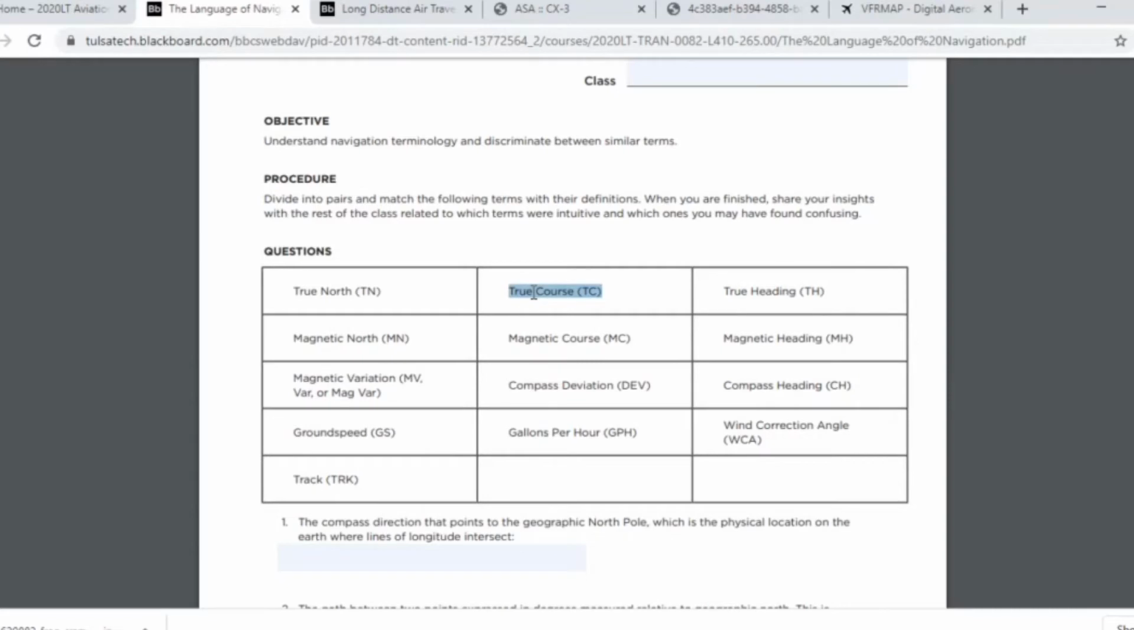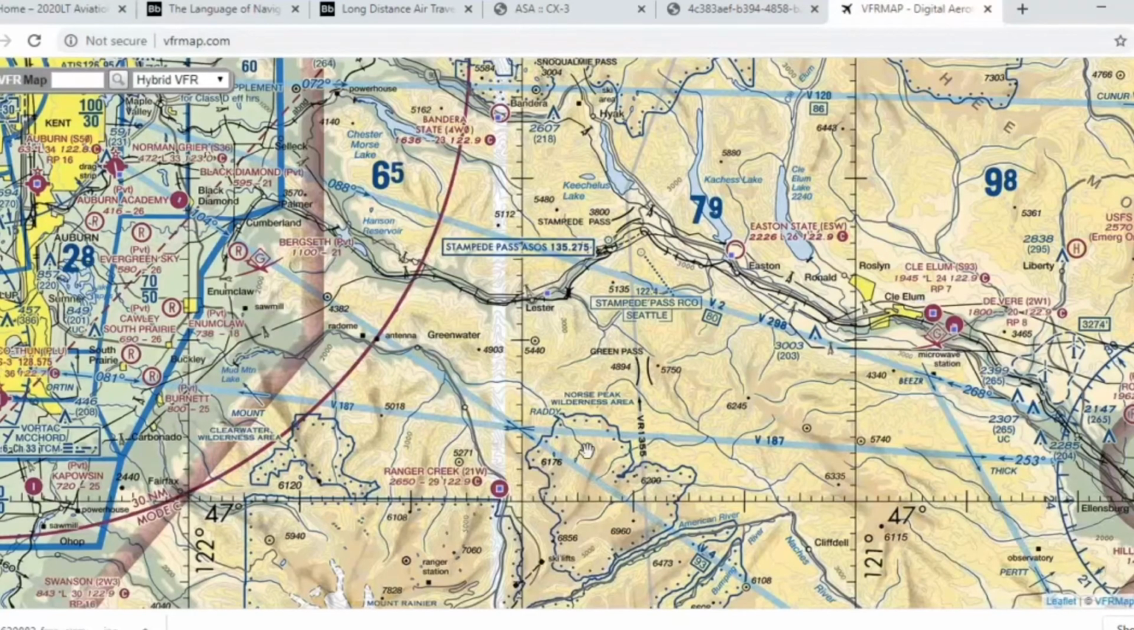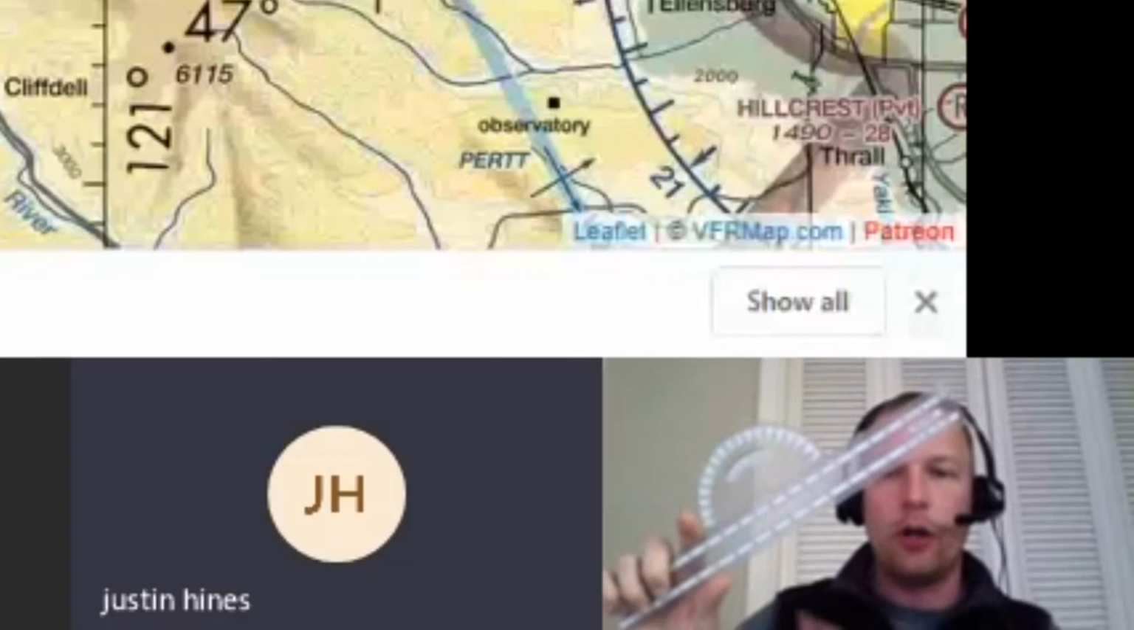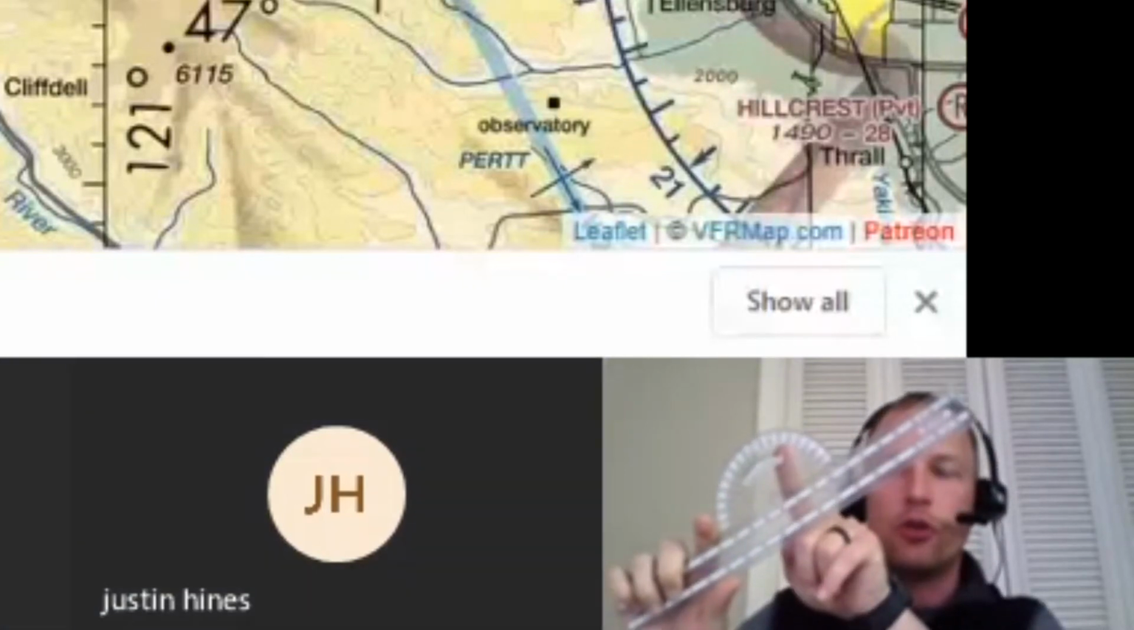And it's a course because you haven't corrected for the wind yet. When you just take your raw direction reading with the plotter, that's called a true course. And that's your beginning for navigation. That's your first step. So you take that plotter, you lay it out on the chart, you measure the direction, you get your true course,